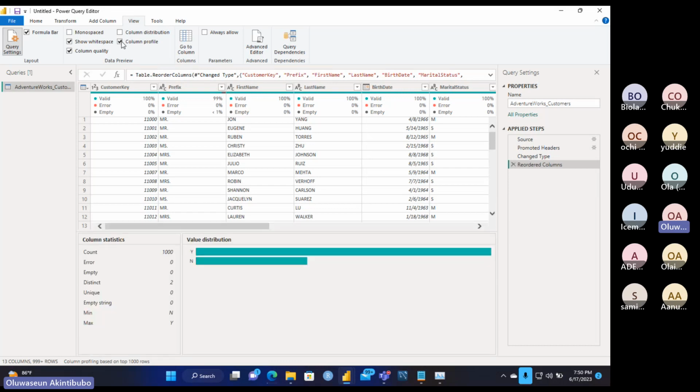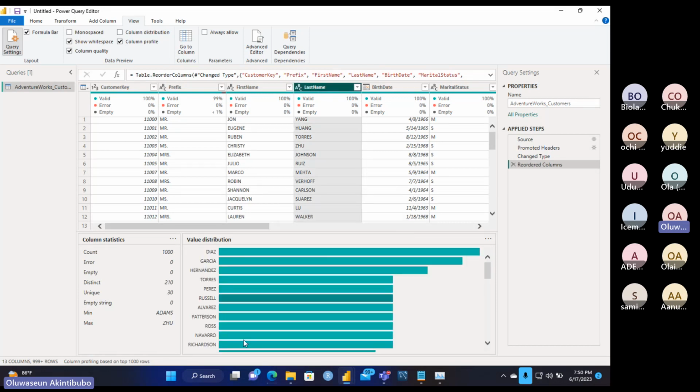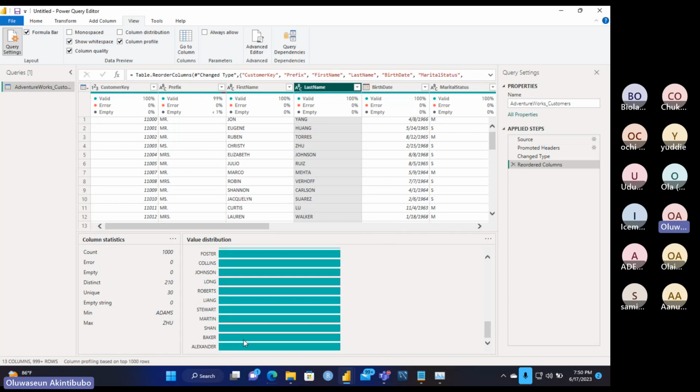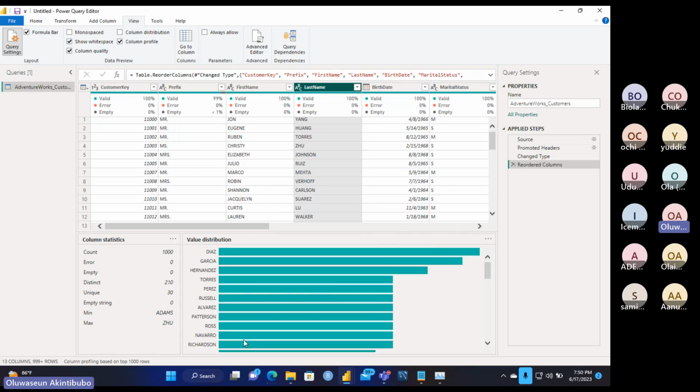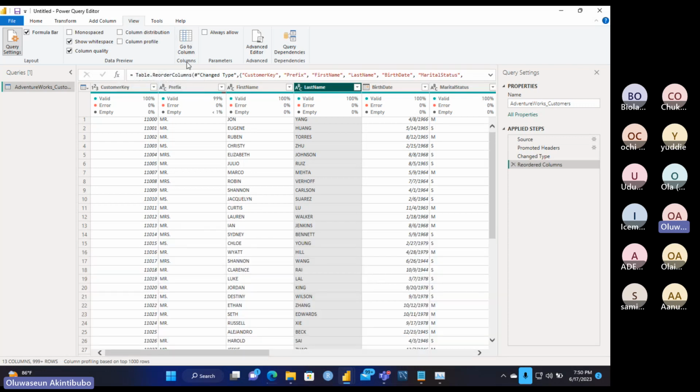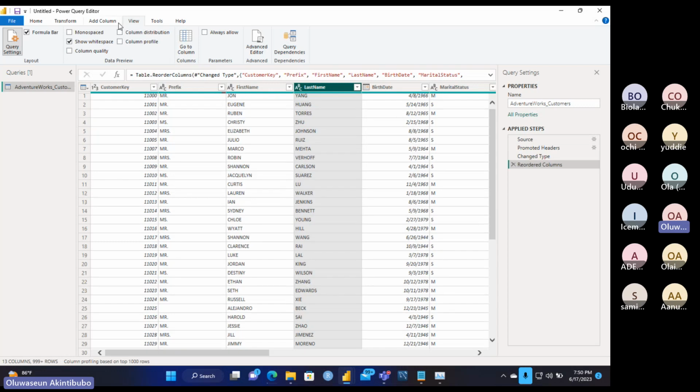Then you can see the column profile of each of your columns. You can zoom in on each of your columns to see an example or to see what is inside each of them. So that is column profile. Basically, this data preview function allows you to understand the nature of the data. It's like describing the data, but it does more than describing the data. Remember, describe in SQL.